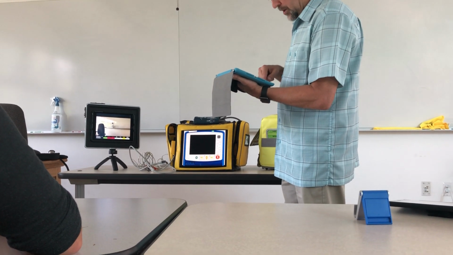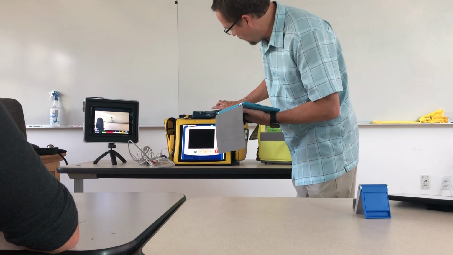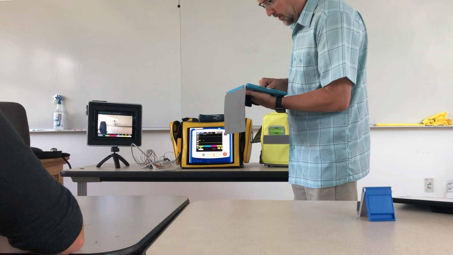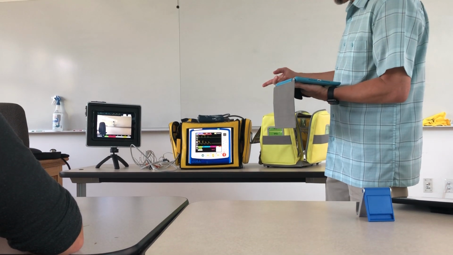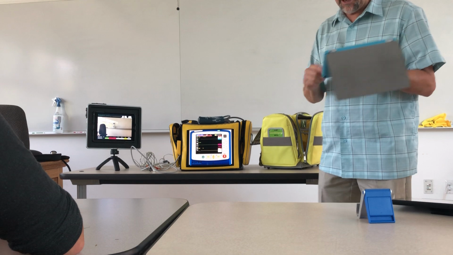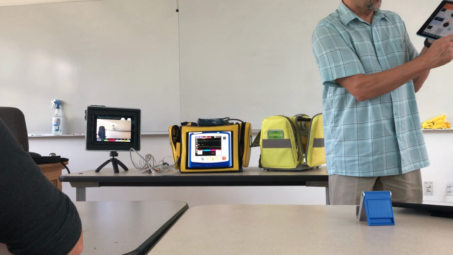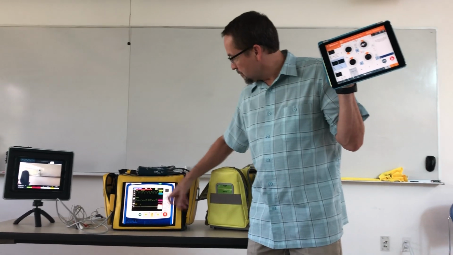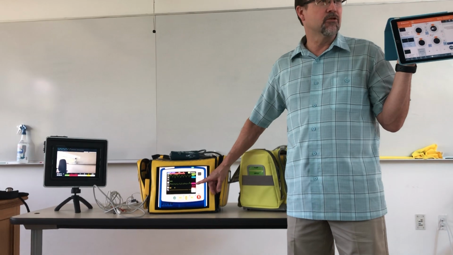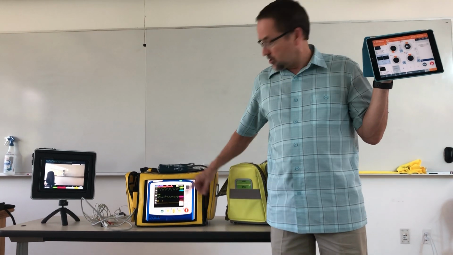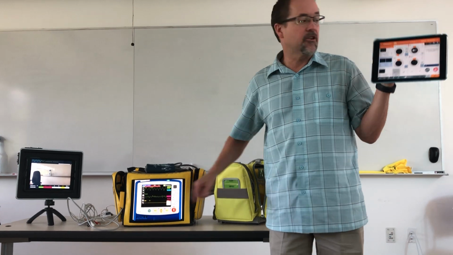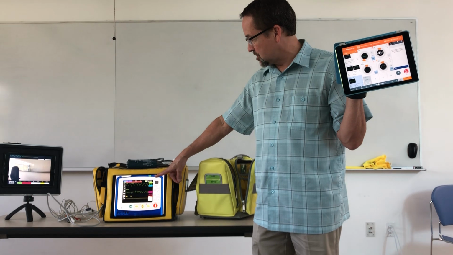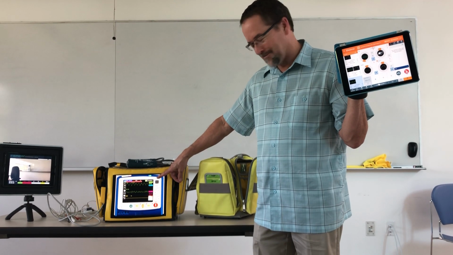So if we've got a scenario going and they're doing, let me turn on their monitor so they've got it, and their patient goes into cardiac arrest and they start CPR. The minute they start CPR, there's a little CPR button in the corner. You hit that and it gives you a CPR waveform. If you have the filtered ECG on because you're using a Zoll, then it shows you that as well. So you see the CPR waveform and you see the underlying rhythm. So if I change that to my post-arrest rhythm while they're still doing CPR,